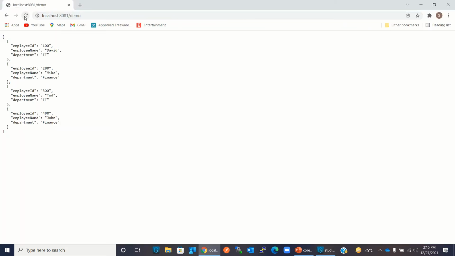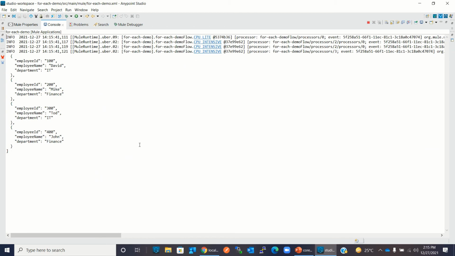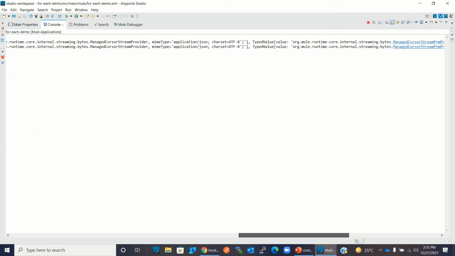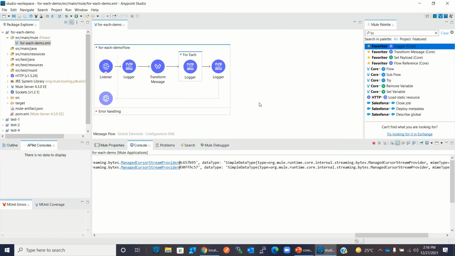So from the browser, I will run it again. Let's go back. Console, make it bigger. Okay, so this is being printed, but because there's a batch of 2 elements, we need to do one more modification so we can observe properly.